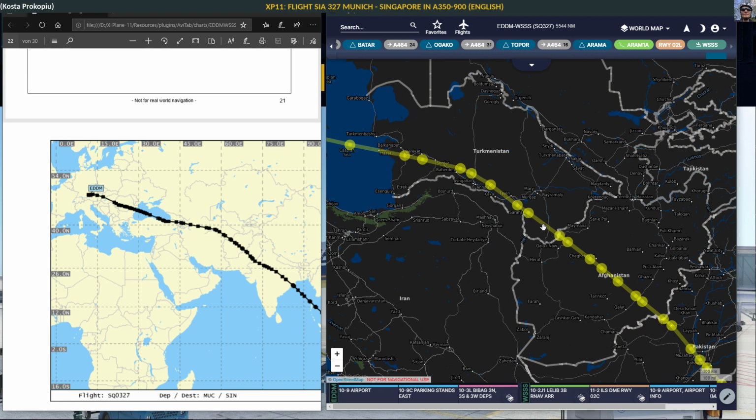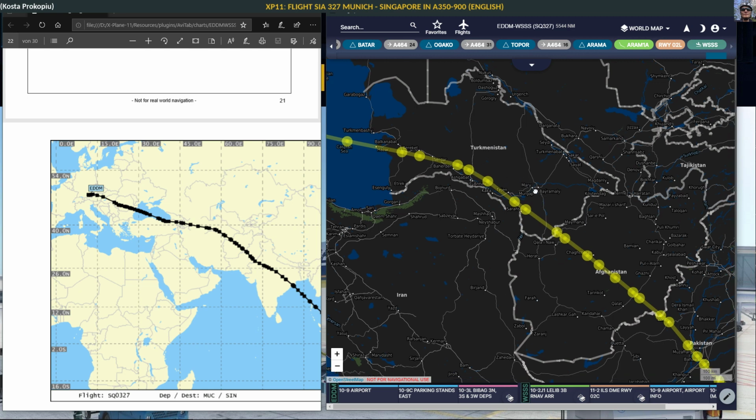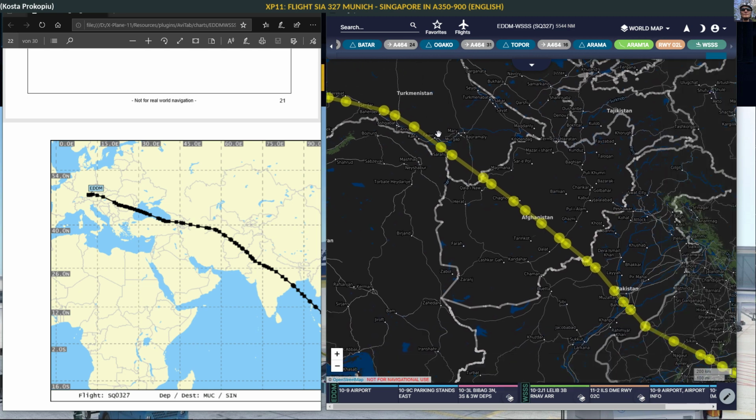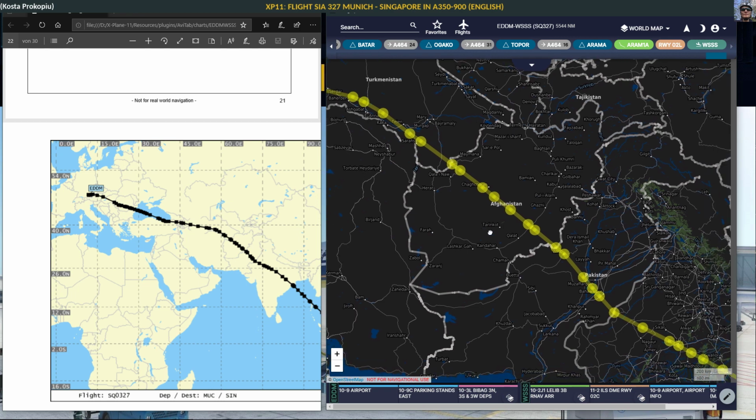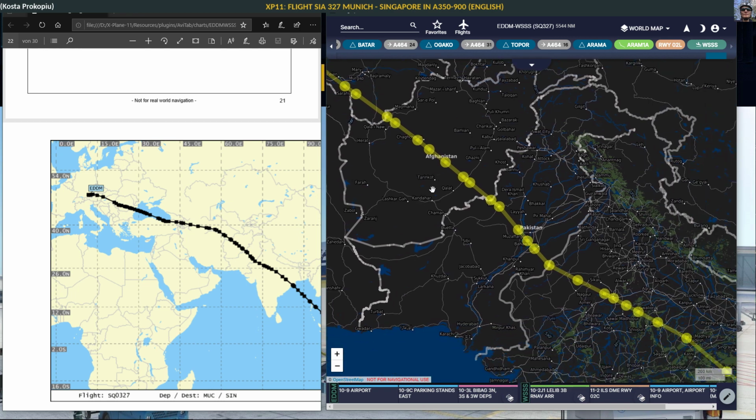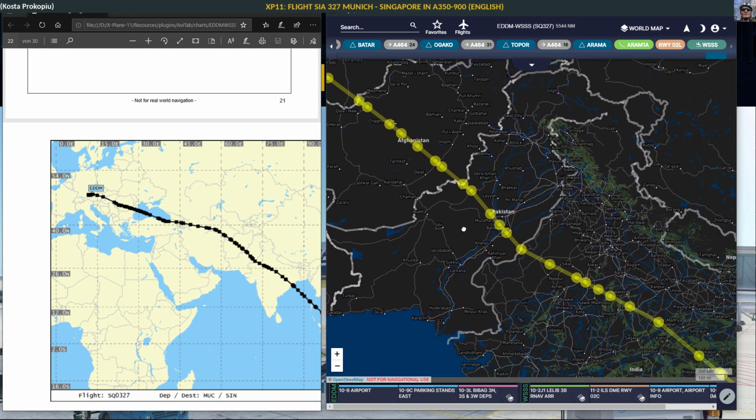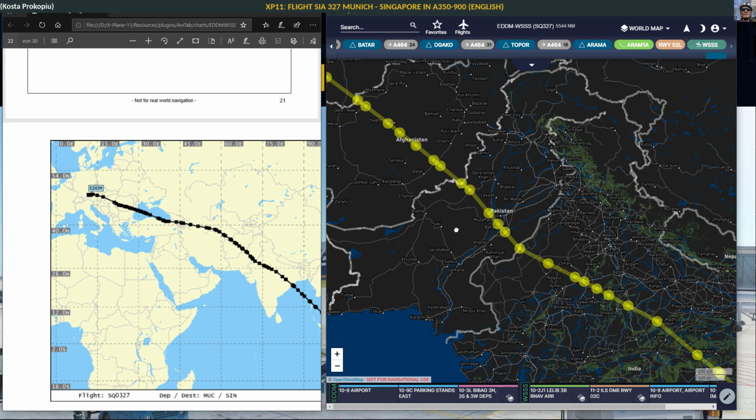We kind of fly along the Iranian border. We're actually being called by Tehran once, although I think that's probably not quite correct. We should have stayed with Ashgabat. Here, Ashgabat is in Turkmenistan, Ashgabat Center. So there was a very short and brief period where we were called by Tehran and then back to Ashgabat, and then we continue into Afghanistan, fly over Afghanistan, Kabul Center, and then into Pakistan,